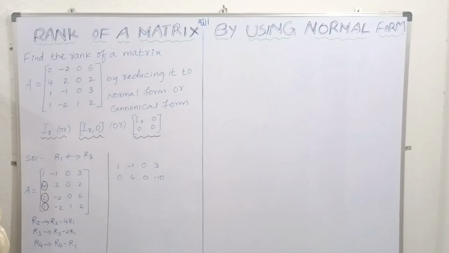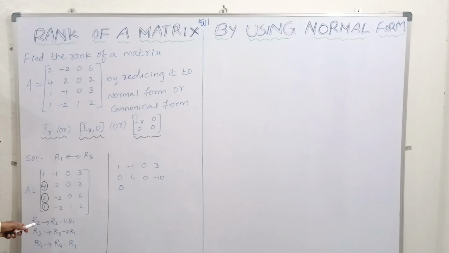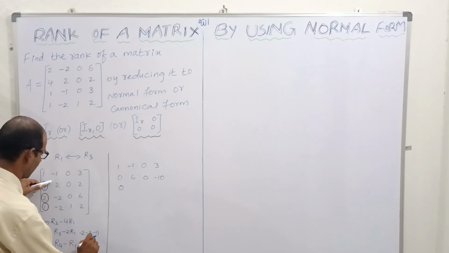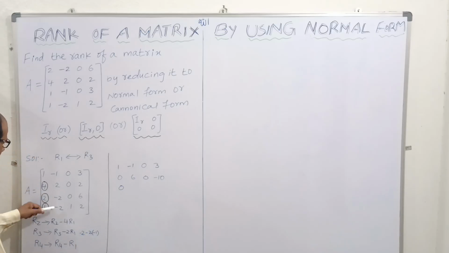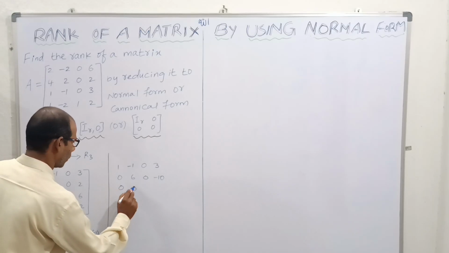Right. So next, for the row 3, R3 is changed as R3 minus 2R1. R3 is 2. 2 minus 2 into 1, that is 2 minus 2, that it becomes 0. Same for this element, R3 minus 2R1. R3 is minus 2. Minus 2 into R1 is here minus 1, right? R3 is here minus 2. Minus 2 into minus 1. So minus 2 plus 2, it becomes 0,